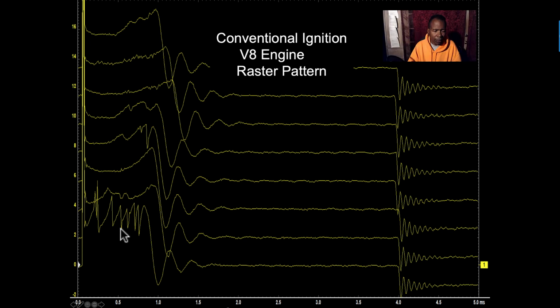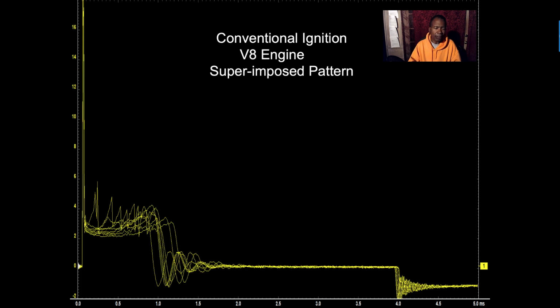But number 1, that's a lot of turbulence on that line. And you can see it here also. This cylinder has an internal engine problem, like an exhaust valve or intake valve. Something's going on inside the cylinder. Now what you're going to do is